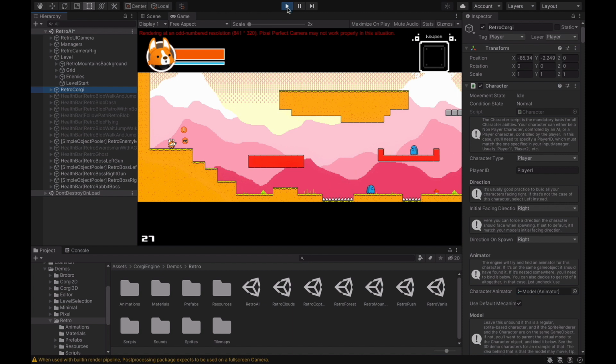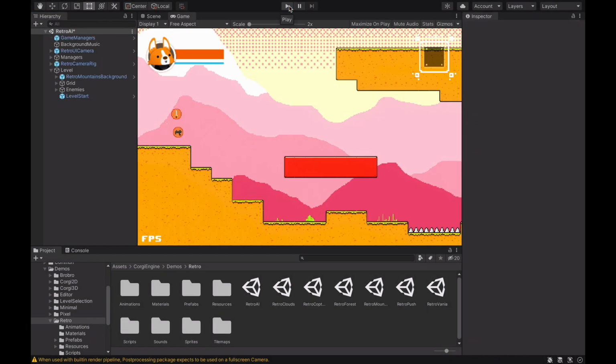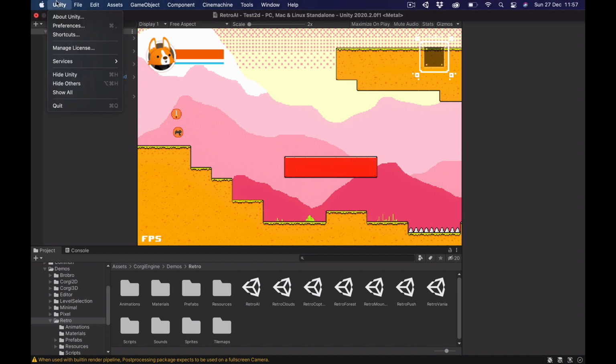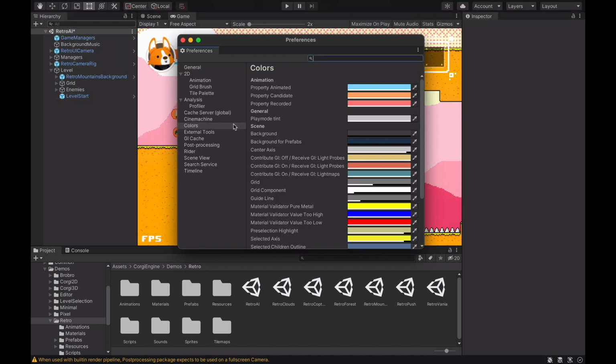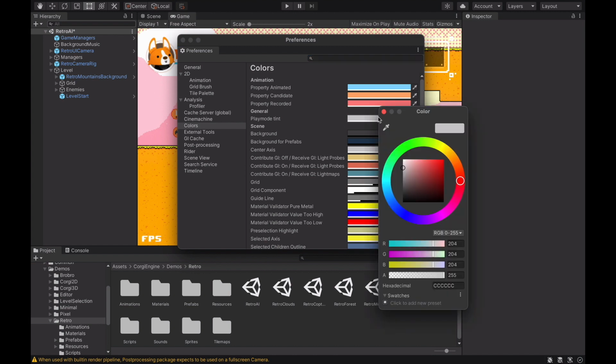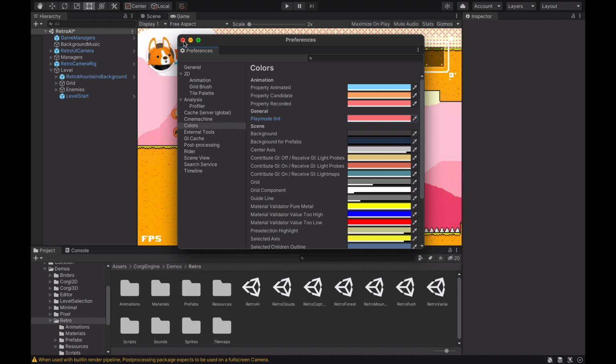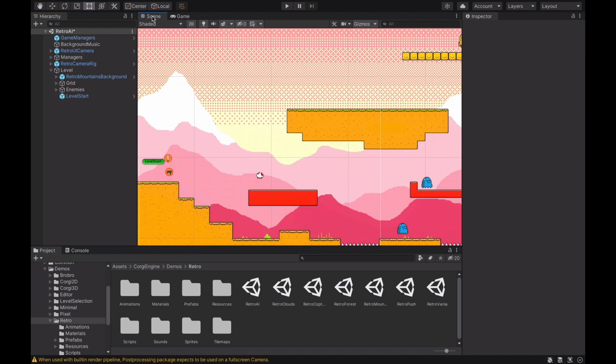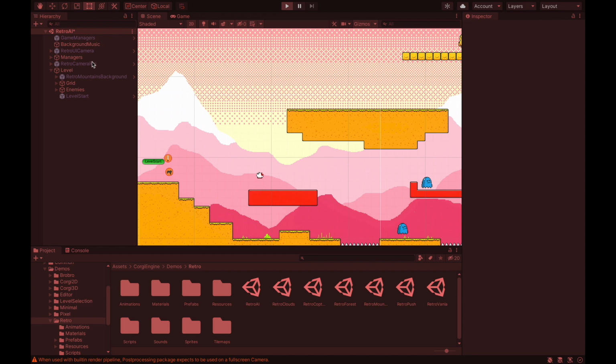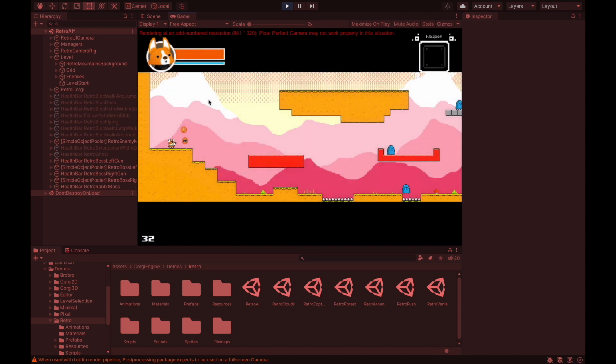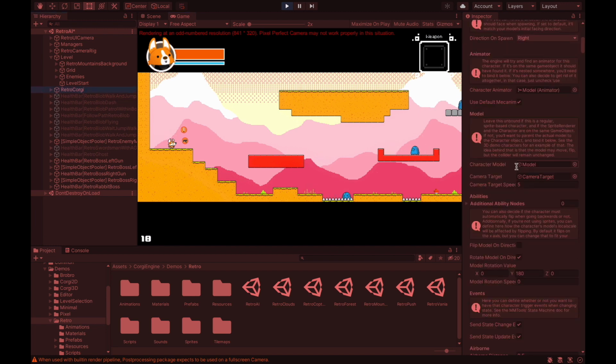So one thing that we can do to make it really obvious what mode we're in is we can go into preferences and we can change the colours and we can set something called the play mode tint. So if we made that, I don't know, something like that, okay, come out of there. Now if we play the game again, you'll see it changes the UI and gives it this red tint. And now you get a visual indicator that whatever settings you change while you're in here are only going to last while it's in play mode,